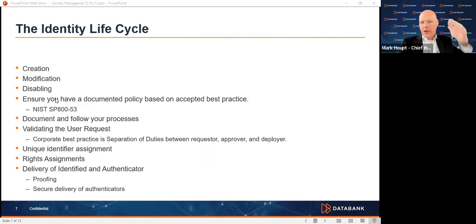So once all those things are done, your identity lifecycle demands that you deliver the identity and the authenticator to the individual that you're trying to grant the access to. And we've talked about the proofing and the secure delivery of authenticators to some degree. But one of the things you have to be careful of is not just handing out a password to a manager and saying, hey, give this to your new employee as they come on board. We need to find secure ways of delivering these authenticators, and especially the authenticators, to the new person, to the